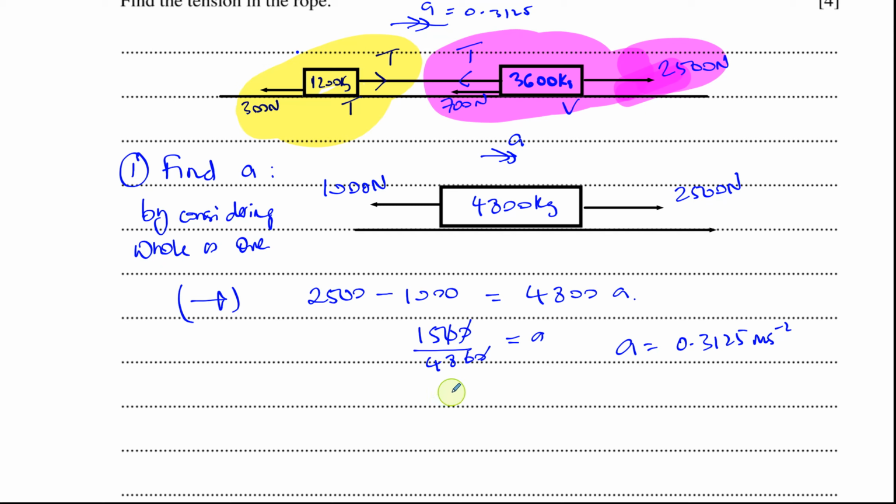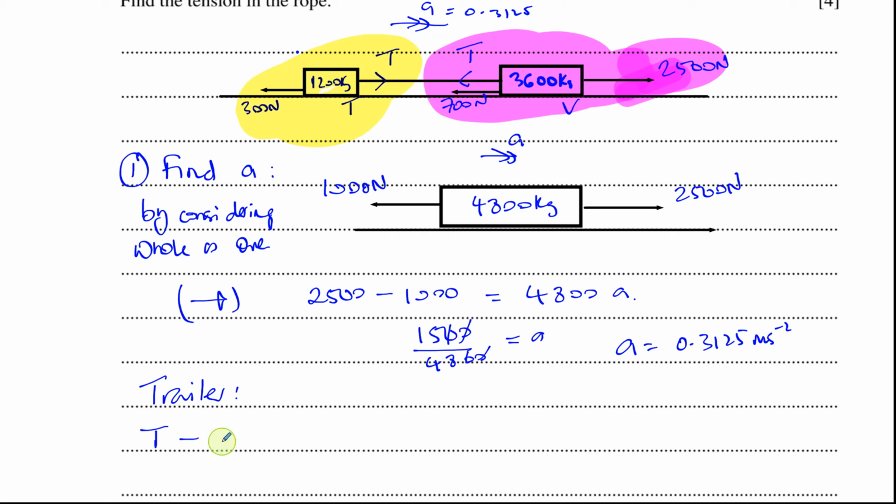It doesn't matter which way you do it. But in an exam, I would use the trailer because there are fewer forces acting on it. Here you have tension, resistance, and driving force. Here you just have tension and resistance. So if we consider the trailer on its own, the resultant force is the